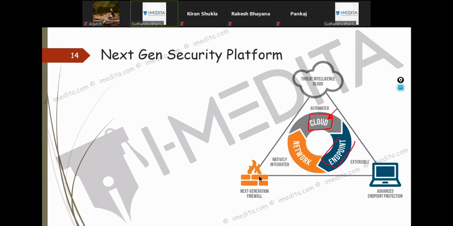You need to secure the endpoint, and you need to secure the network. If you secure all these three things, there is a good chance that you will have more hardened security. If you leave one of these ends loose, there can be problems, and that particular point could be exploited.